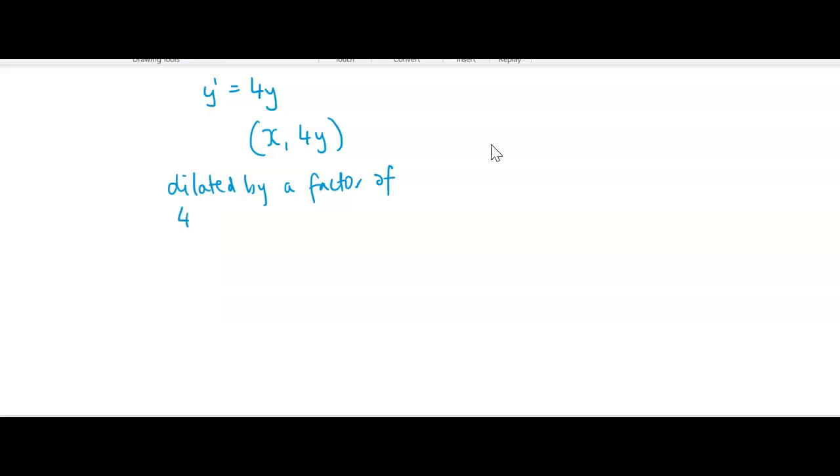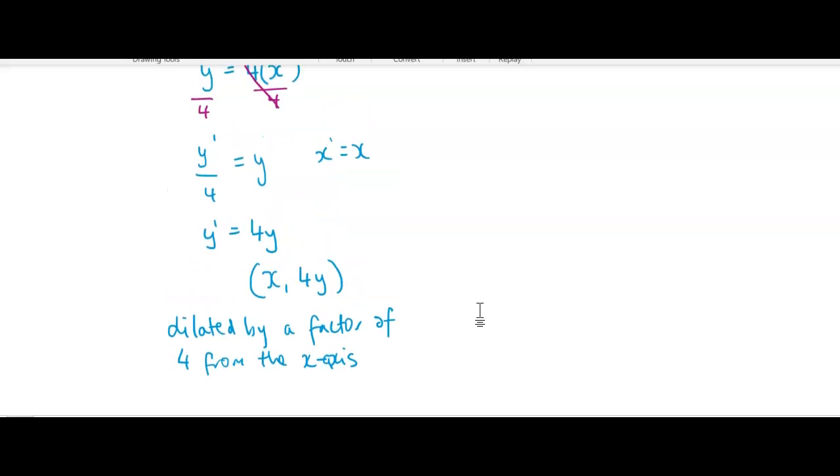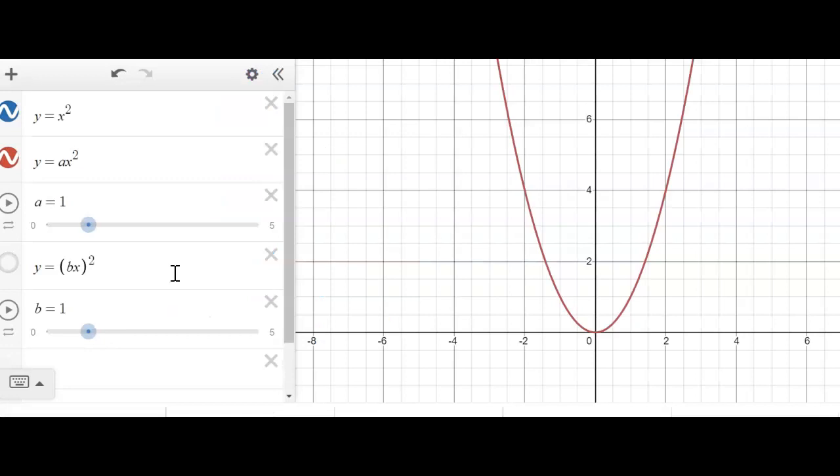Of 4 from the x-axis. And I can't spell. There we go. All right, so that just means it's been stretched. So let's have a look on our graph. So I'll just go back to Desmos, and I'm going to change a to 4. So when a is 4,